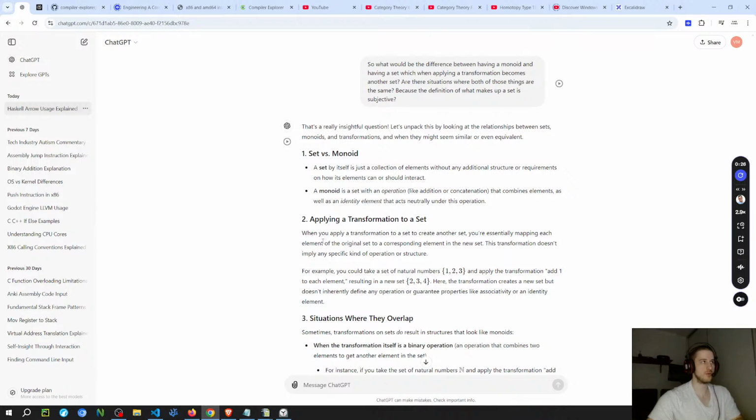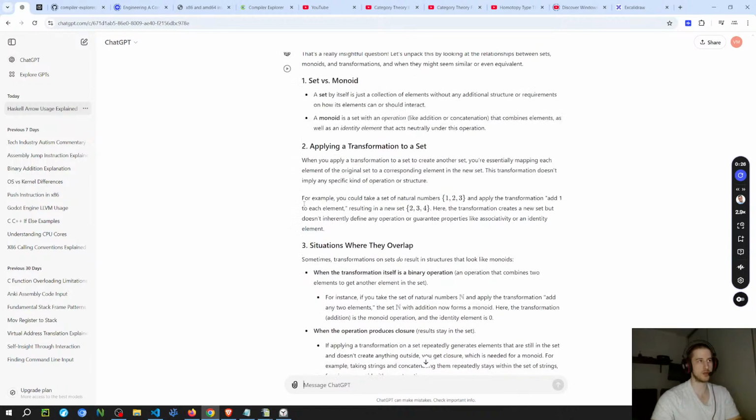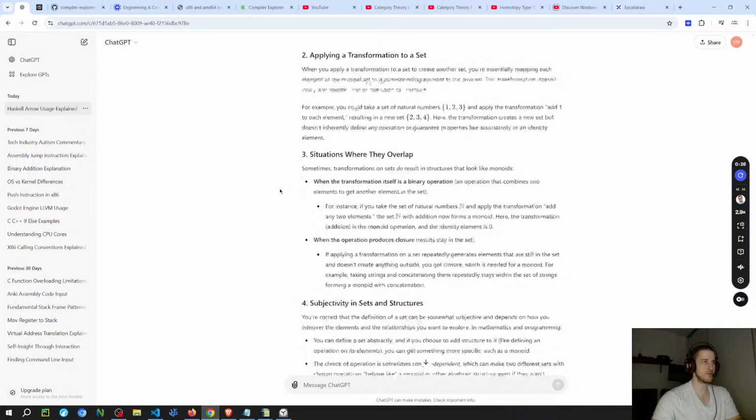And what would define the transformations between two different sets would be a transformation that reaches the limit of the first boundary. Whenever you have a transformation that crosses the limit defined by the set, which is the heuristic of what it means to be inside of the set, you would have something different than a monoid, which would be, I think, a functor.